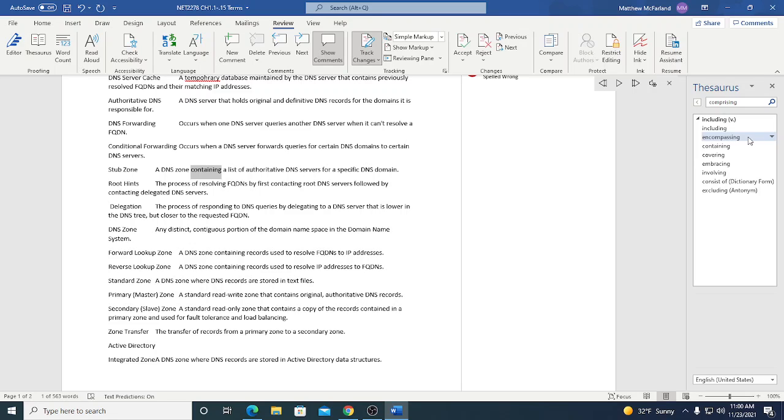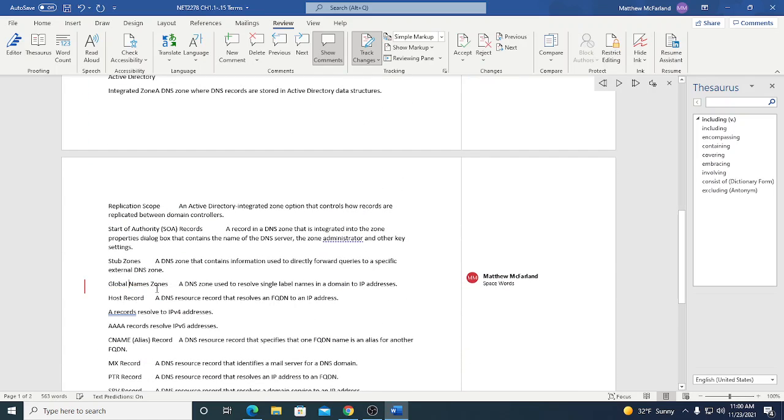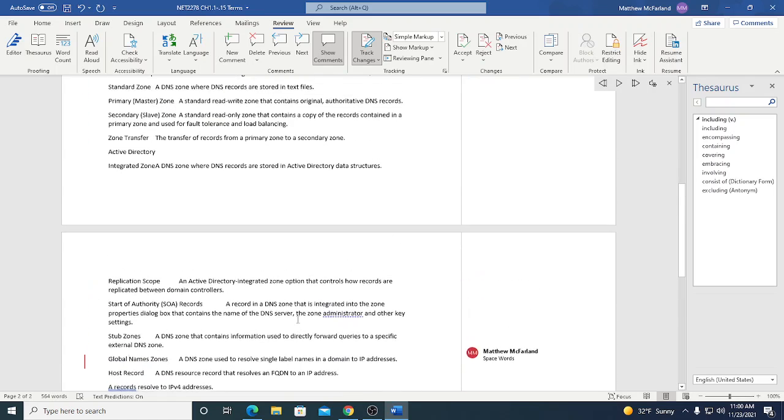Oh, it's telling me what comprising means. So let's just say I'd rather have that word. I will paste it in there, and it tracked that change. Maybe I'm going to go ahead and fix this for the student. It tracked that change. And now,